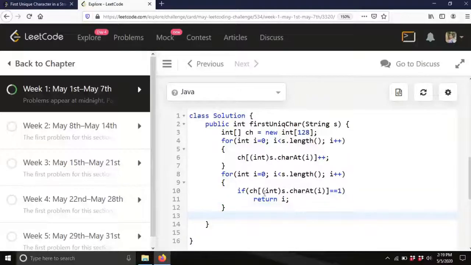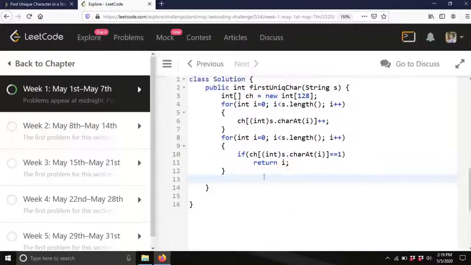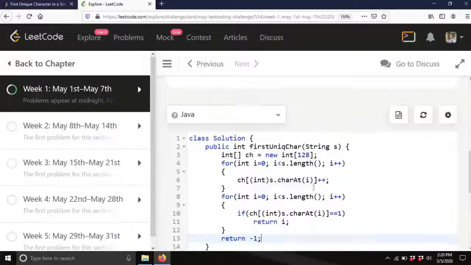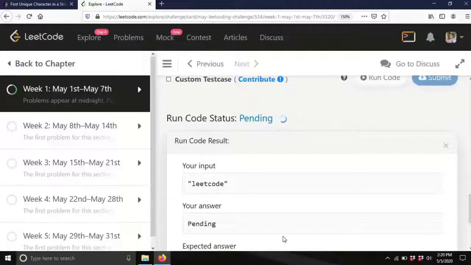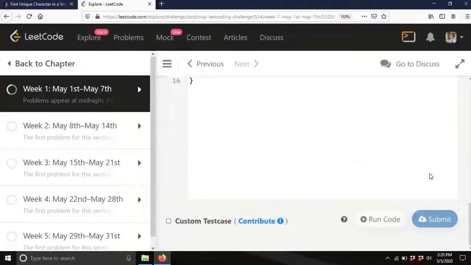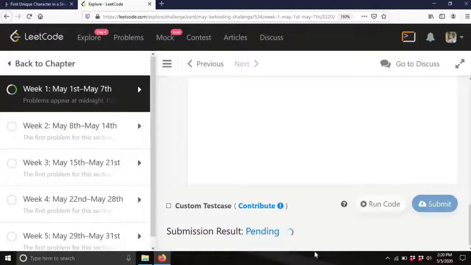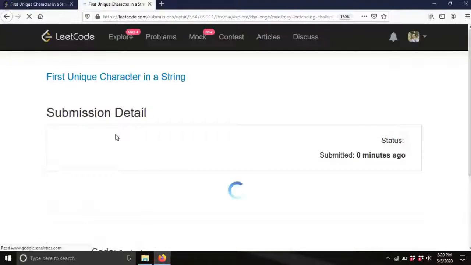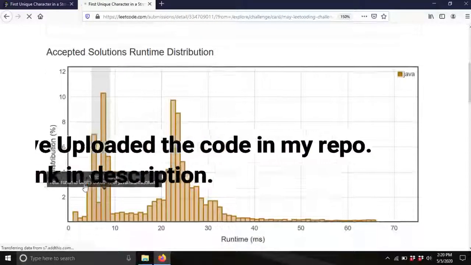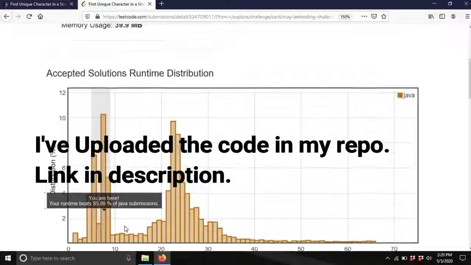Otherwise, once we have reached the end of the string and there is no character whose frequency is 1, it means all the characters are repeating, and in that case we will return -1. So that's the overall solution. Let's see whether our solution is accepted or not. It is accepted, and our submission is better than 85.89% of Java submissions.